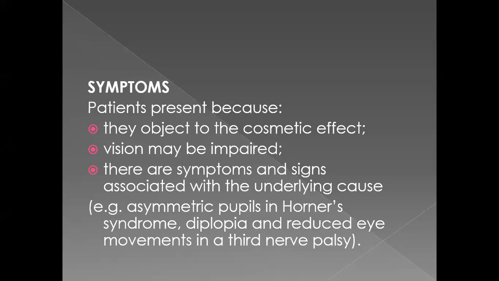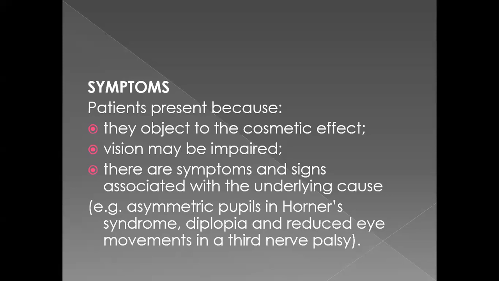Then there are other signs and symptoms that are associated with the underlying cause. For example, if a patient is having Horner syndrome, he will also be having a problem with sweating, and the pupil will be constricted, as sympathetic supply dilates the pupil. Instead of dilating, the pupil will constrict. Similarly, a patient might be having diplopia. This occurs especially in the muscular problems, that is myotonic dystrophy or chronic external ophthalmoplegia or myasthenia gravis, where the patient will have diplopia. Okay, and also the reduced eye movements.